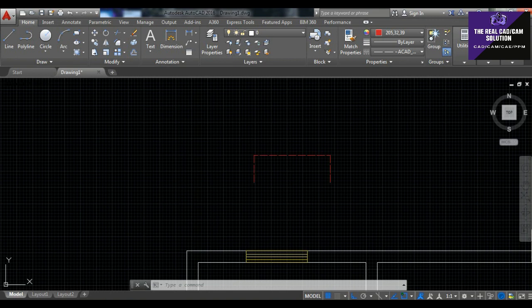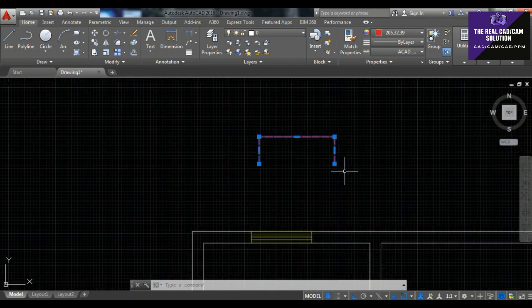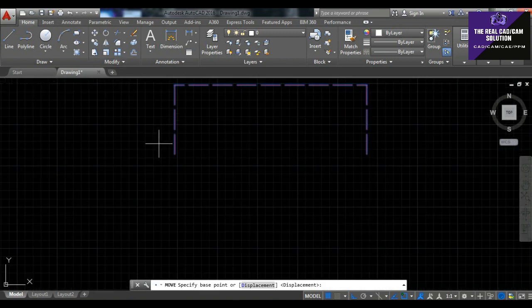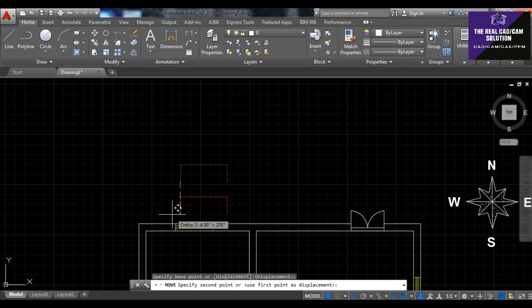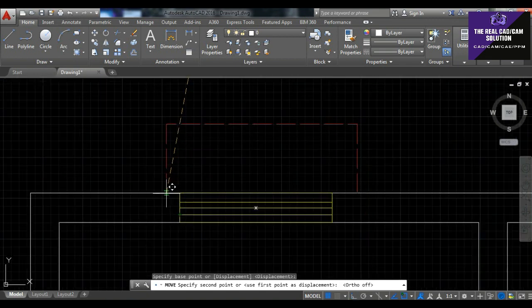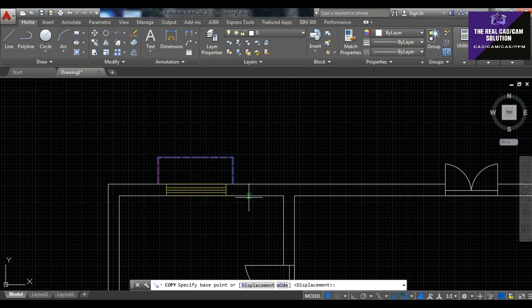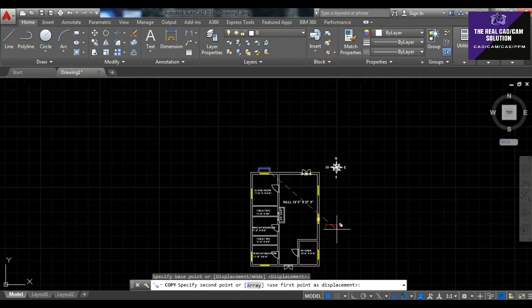Okay, now I change the color like this and go to move to the window section. I click over all the window section area.